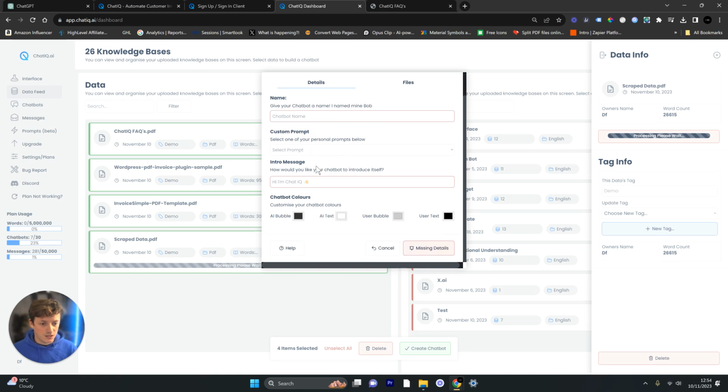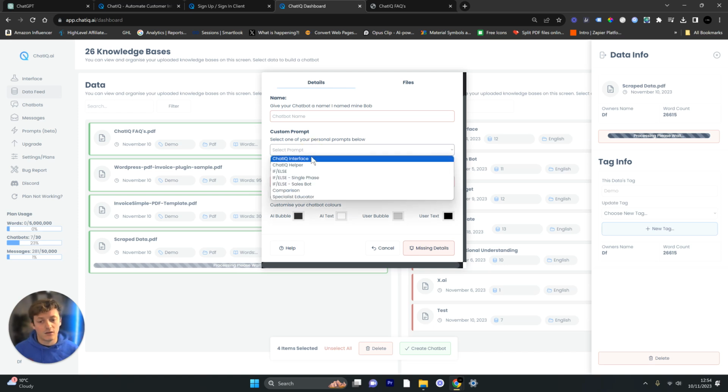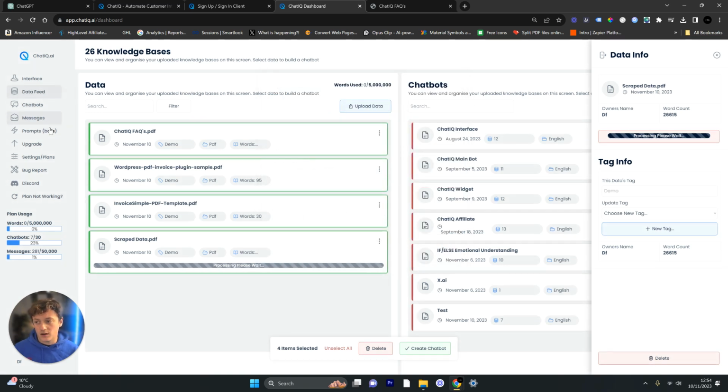It's now going to give me the option to customize it, so I can give it a custom name. This is only visible to you, for example, so your users or your customers won't be able to see the name of your chatbot. We can also select a custom prompt if we've already got a custom prompt built, which I will explain in a second. So you will have one custom prompt that you're able to create, but if we want to, we can come